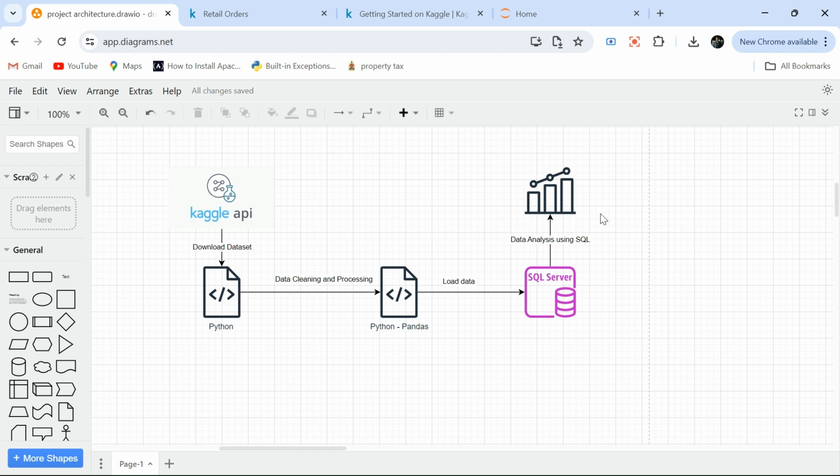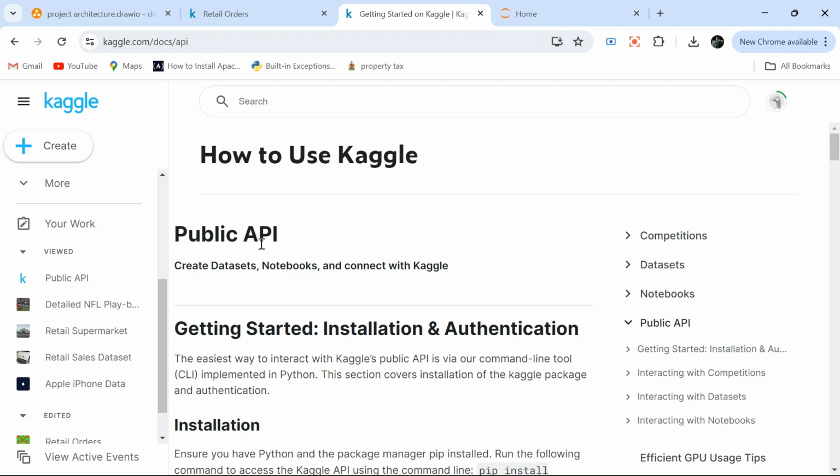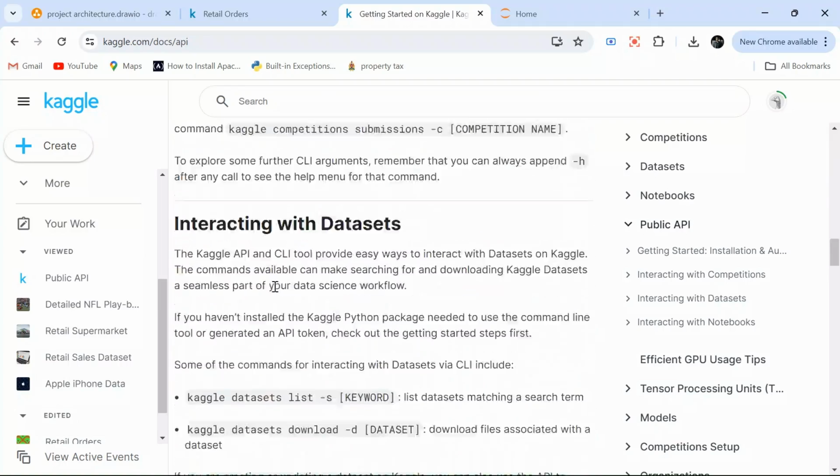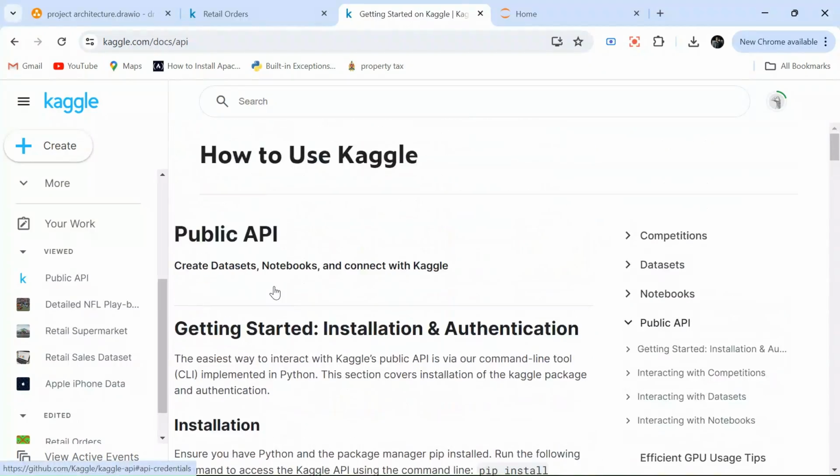So let's get started. So first of all, to use Kaggle API, what we have to do, we have to read the Kaggle documentation for public API. Okay, so this is the documentation. I will share the link. You can read it, but I will quickly show you what you need to do. Okay, so you go to